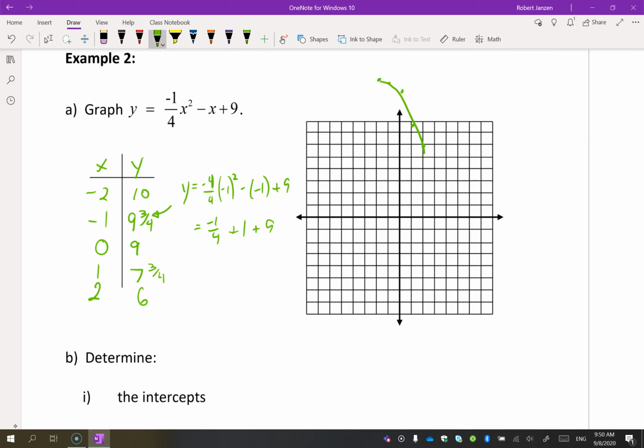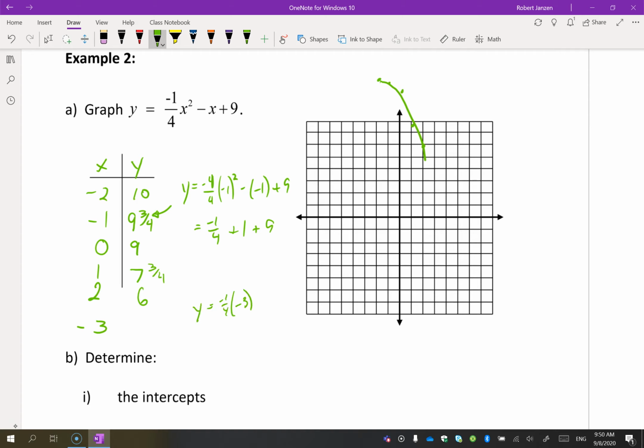I just have this part. So maybe I need to put one more point in there. Let's put a -3 in there because I want to go somewhere over here and figure out what's happened. If I put a -3, I'm going to get -9/4. Let's actually try this. Y is